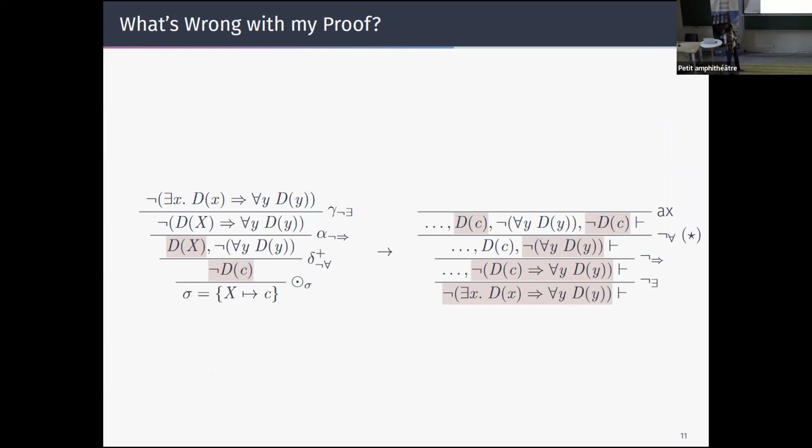So if I come back to my proof here, the issue was that in the first step in Tableau, when I have not exist x d of x, I generate a free variable, big X. And later here in delta plus, I generate a fresh Skolem symbol that only takes the free variables of the subformula, which are none here. So a new fresh Skolem symbol, which is a constant here, d of c, not d of x. And this is a Tableau proof.